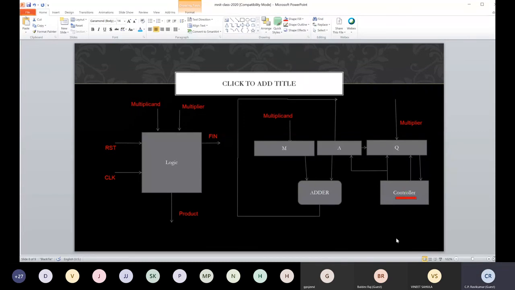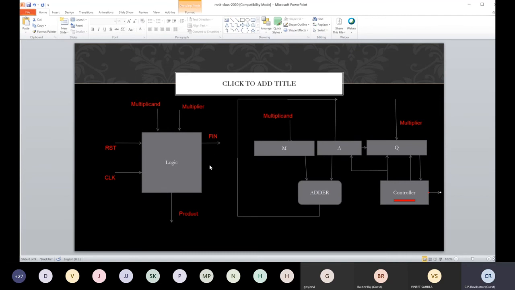So there is a counter here, and the controller also has to manage itself by resetting that counter to 0 and incrementing that counter, right? And then comparing it with the value n, and then stopping when the counter becomes equal to n. So from 0 to n minus 1, it must perform the operation n times. And then there is a finish signal also it must provide.